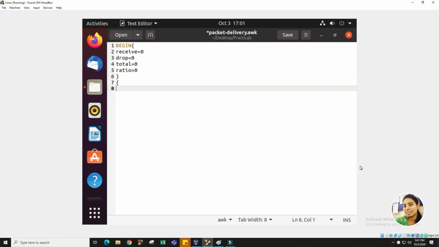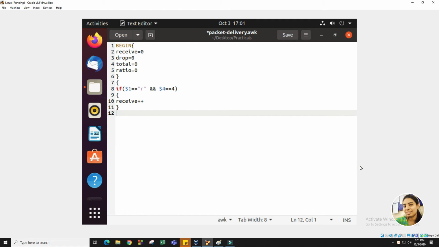Now we will enter into our loop part. In that we will write our condition: if the event $1 equals receive, that means the event is received, and $4 equals 4, that means the destination node is 4, then we simply increment our receive variable.